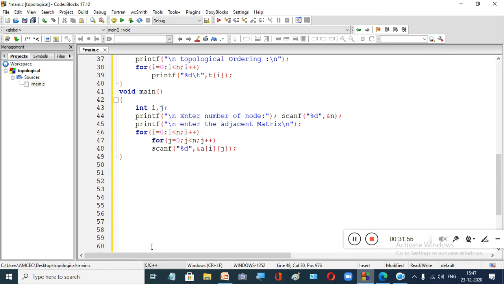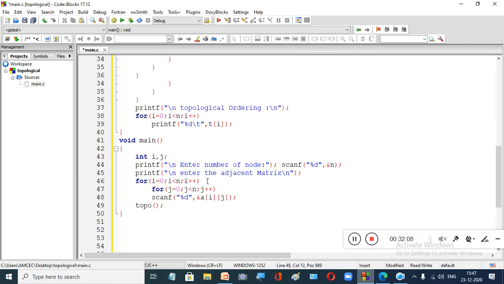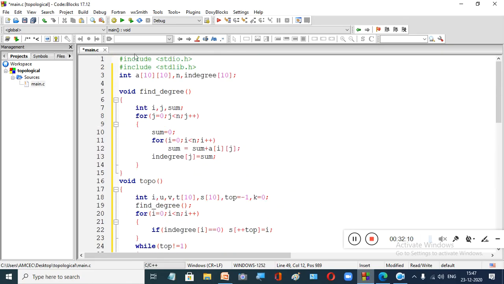Now you have accepted the entire matrix. Now you call your topological function, the function which does our task. This is our entire program.